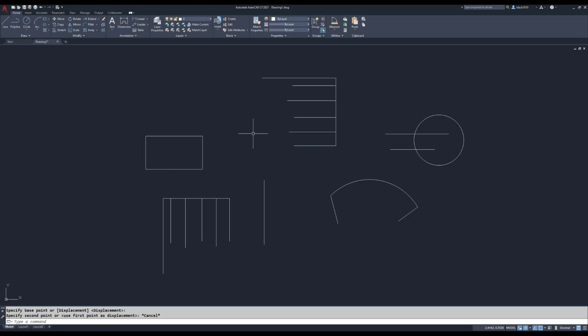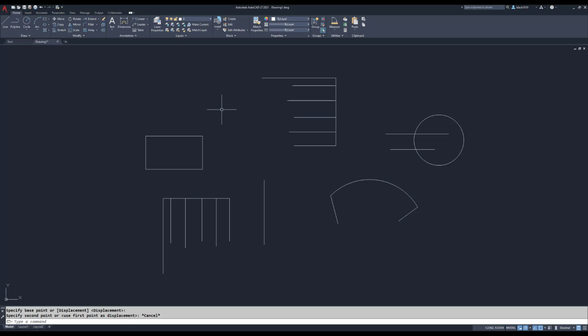The stretch command is unique in that to select objects for the stretch command, you have to do it with a crossing window or a crossing polygon or a crossing lasso. If you pick and then move to the left, you'll always get a crossing type of selection process. Think of stretch as a move